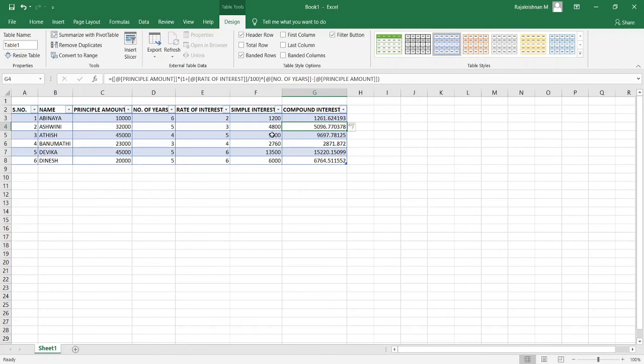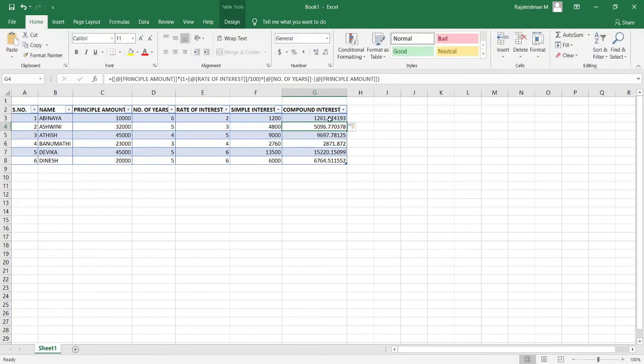So in this way you can calculate simple interest and compound interest, and there are many digits you can see that you can reduce. It's a simple one that easily we can reduce. So there are two icons like this, increase decimal and decrease decimal.